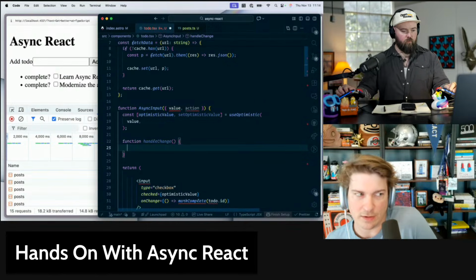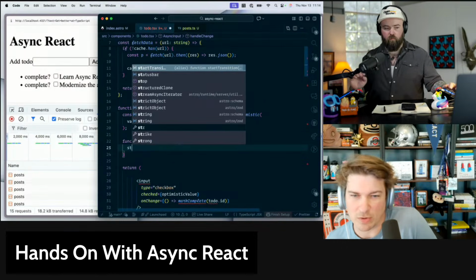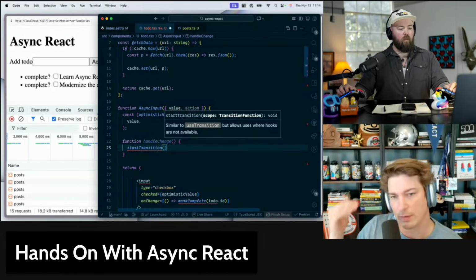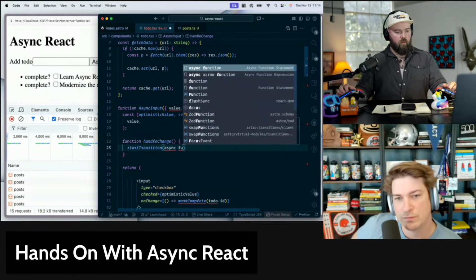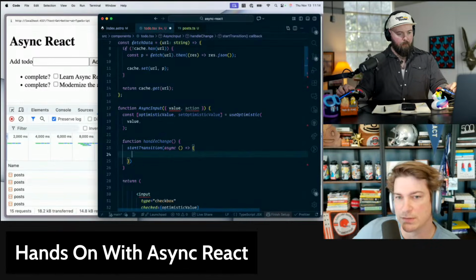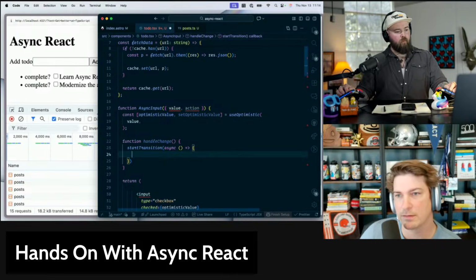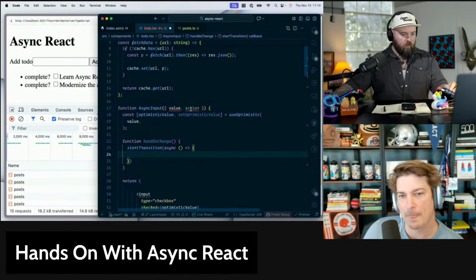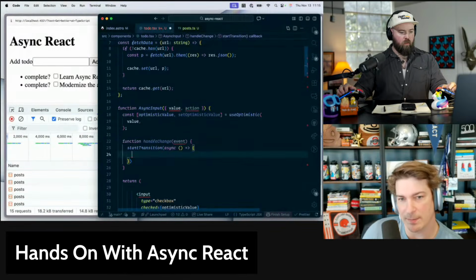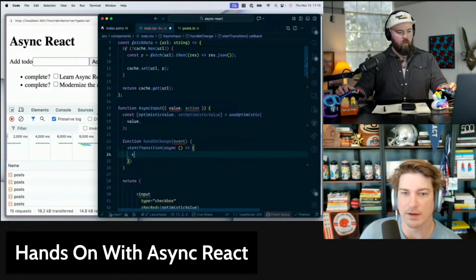Now take the start transition. What we're going to do is transform this event handler into an action. So let's do an async function. We need the new value, so we need the event target. So let's do set optimistic value event.target.value.